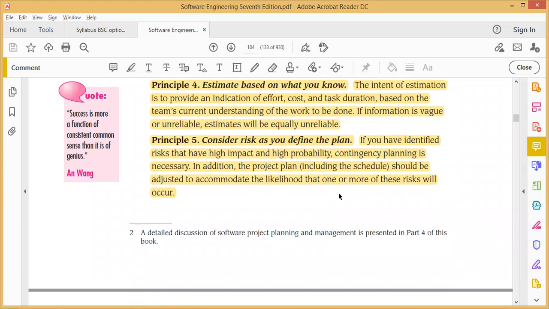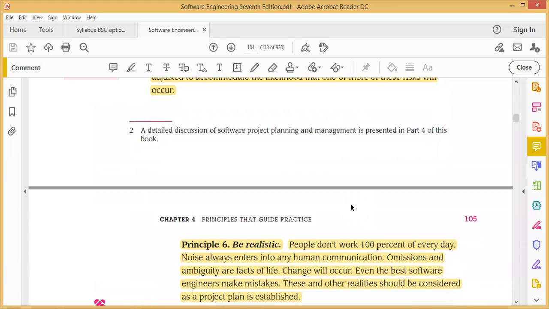The next principle is to consider risk as you define the plan. If you have identified a risk that has high impact and high probability, contingency planning is necessary. In addition, the project plan, including the schedule, should be adjusted to accommodate the likelihood that one or more of these risks will occur.